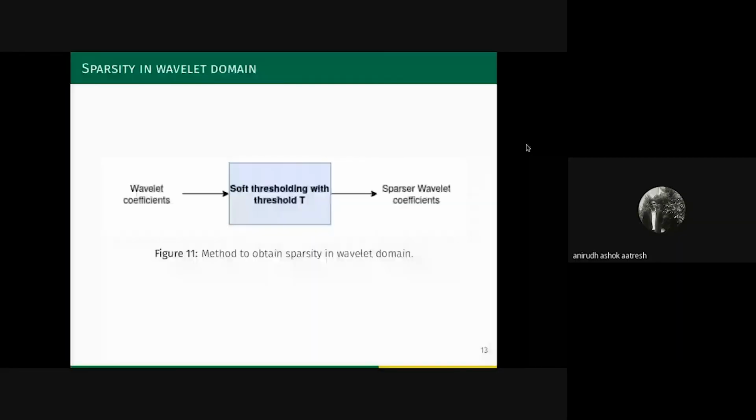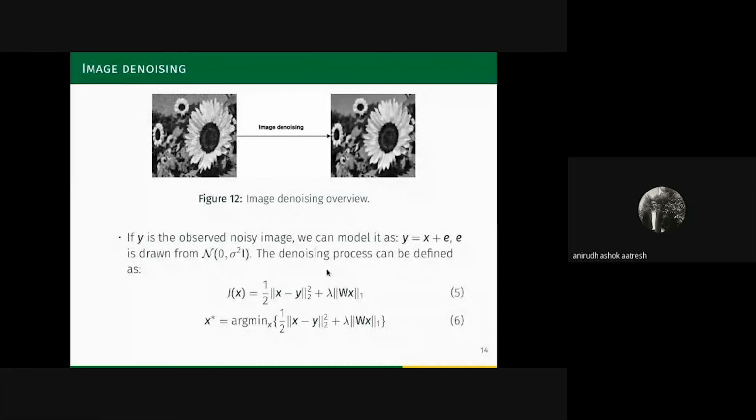I'll just share my screen so that you can understand better. Another thing that influences the choice of J is this norm over here in equation 5. This is an L1 norm calculation that we're doing, and it actually influences the soft thresholding step.